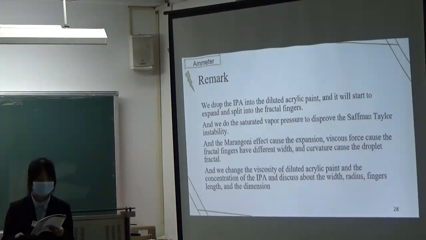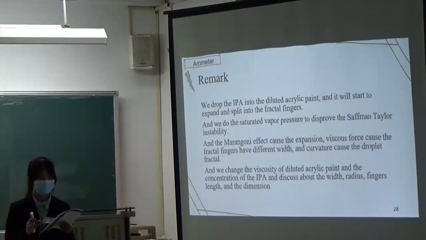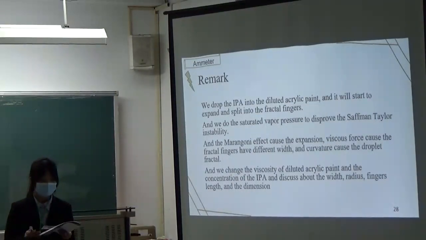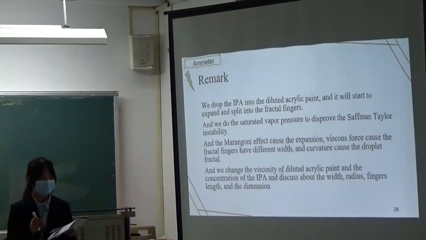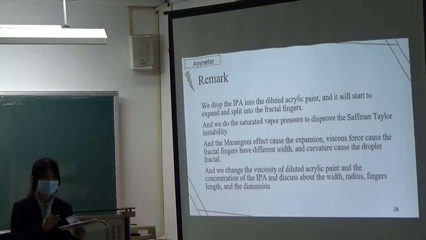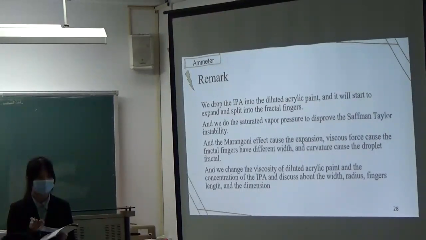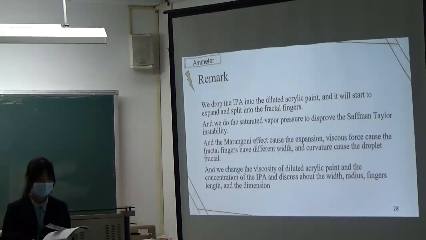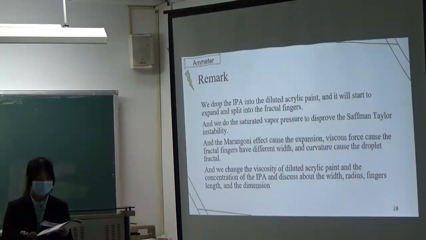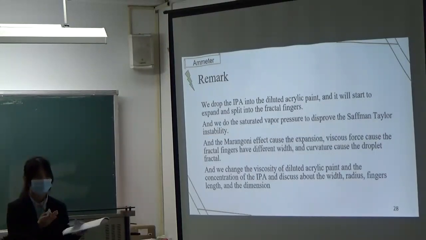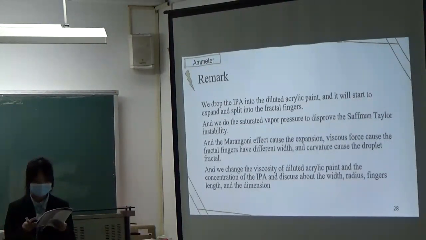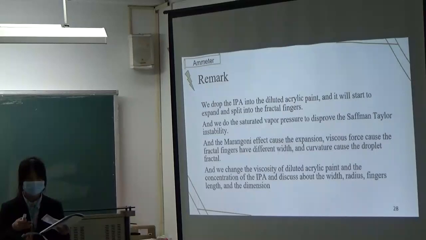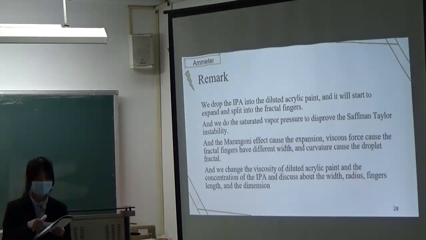And as for the opponent's question about the critical concentration, we put the alcohol in slowly until 32.5%. Like we let it go 31%, and 32%, and 32.5%, and do the experiment to know the critical concentration. And it has the fingers, so we define that as the critical concentration. So we don't use any formula to get 32.5%. We just do the experiment.